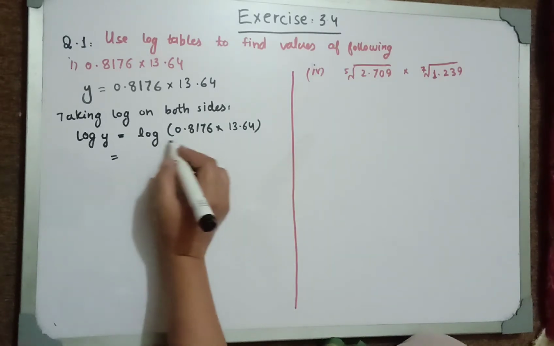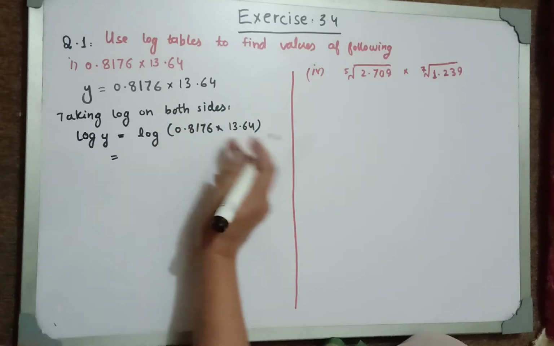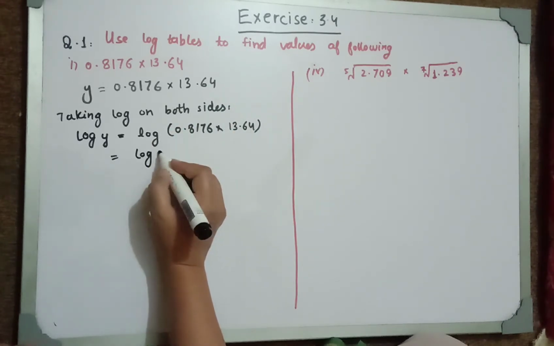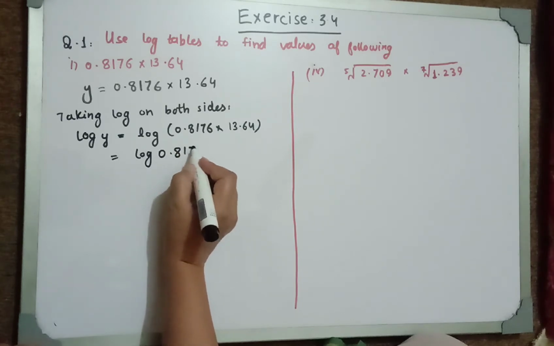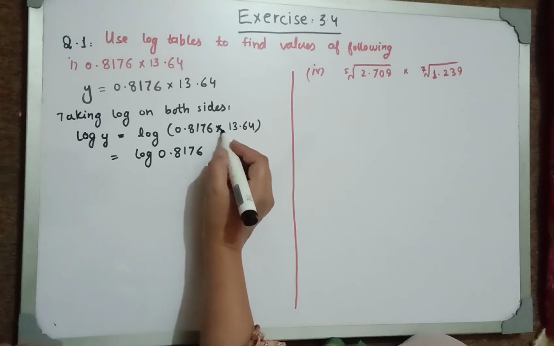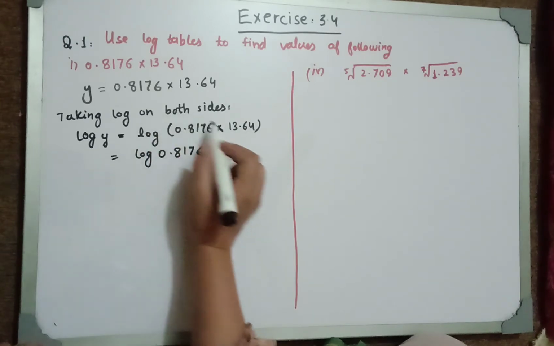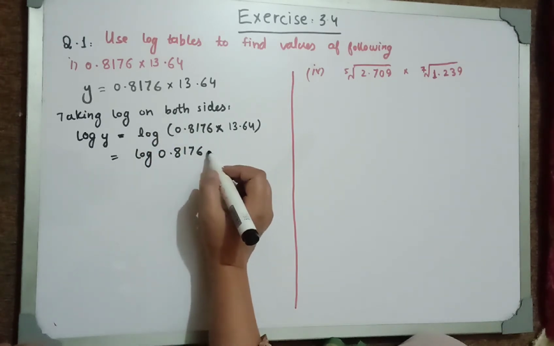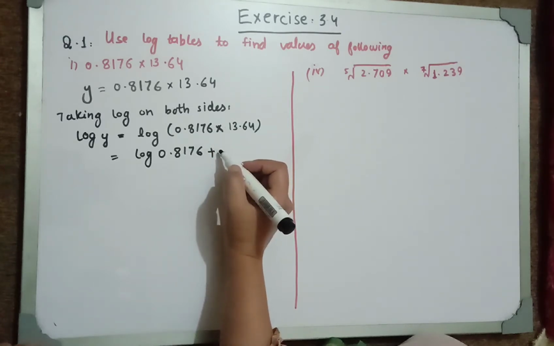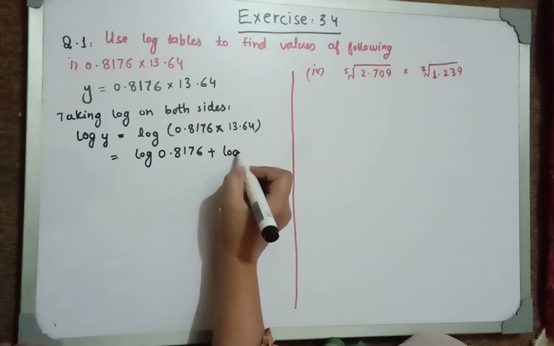So when I apply log to these numbers, first we will get log of 0.8176 as it is. Now this number is being multiplied by this number. When I apply log, I will get plus in place of multiplication, plus log of this number,